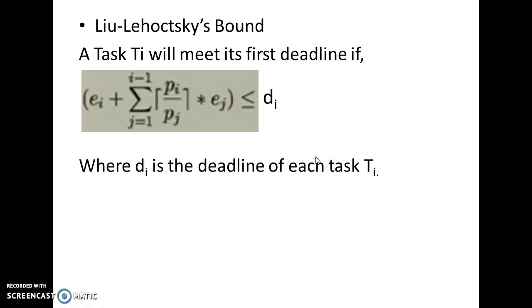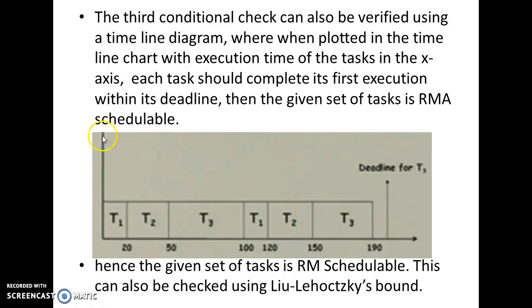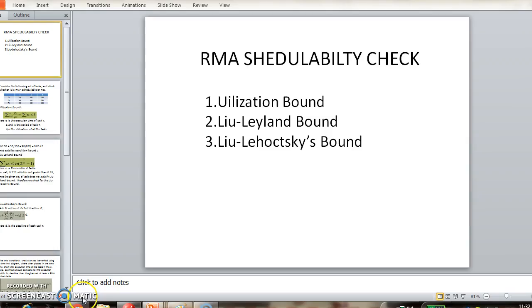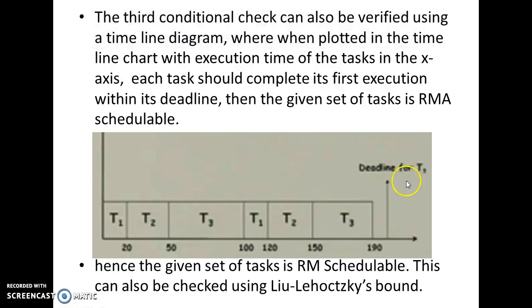That is, in the periodic scheduling algorithm, the priority of the task is given based on the period of each individual task. So when we consider our example, the priority is given like this: T1, which is having the least period, is given the first priority, T2 is given the second priority, and T3 is given the third priority. So when this is plotted over the timeline chart,